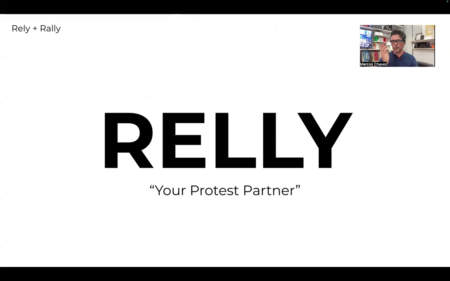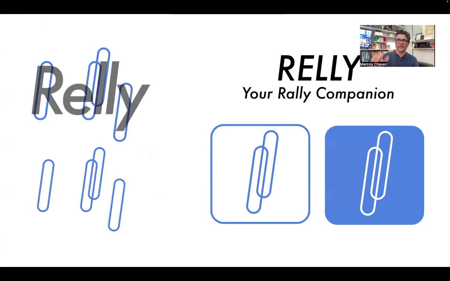And we haven't really talked about this, but you might want to be thinking about a tagline, because a tagline can really help in terms of giving more leeway to your name. If your name is a little more abstract, like this one is, rely and rally brought together, it doesn't necessarily say what it is, but with a tagline like your protest partner, 3 short but very specific words, you can suddenly open the doors to what this is. So consider that as another strategy for how you're creating your brand identity,